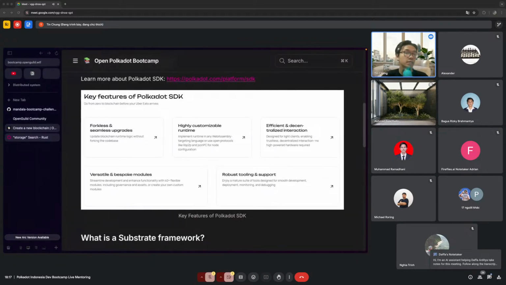To be honest, it's not easy to customize your runtime using Polkadot SDK compared to other stacks. For example, you have OP Stack or zkSync, and those stacks, to be honest, are really hard to customize at the runtime. You can use OP Stack to launch an L2 rollup, a layer 2 rollup on Ethereum, easily, with just a few commands.